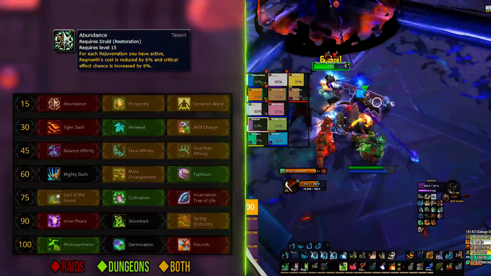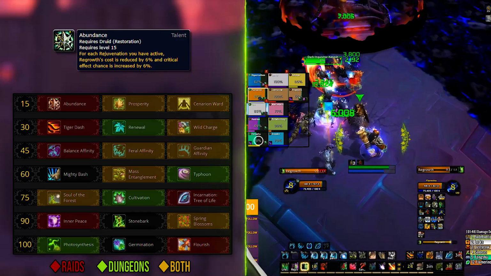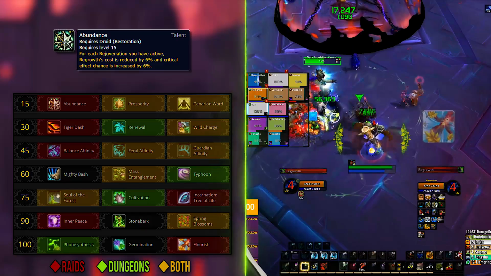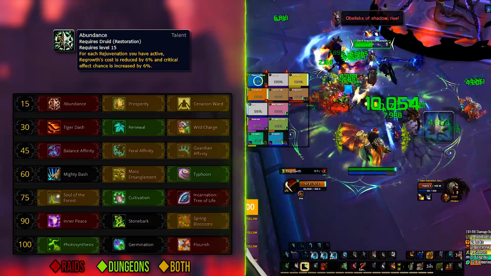The first row has all three options viable. Abundance is a good raid option when you can maintain at least 4 rejuvenates out on people, making your regrowth a very strong single target heal choice. Outside of this, regrowth is usually a hard heal to find effective and efficient in terms of its cost, especially